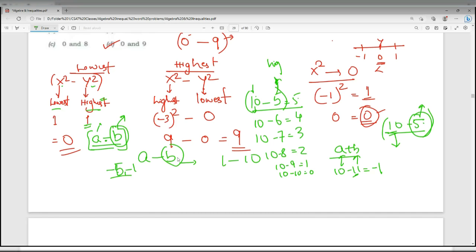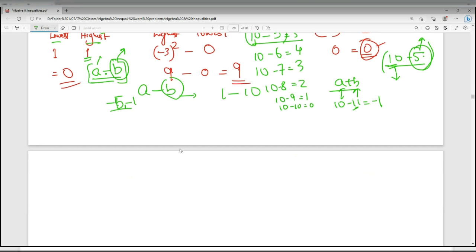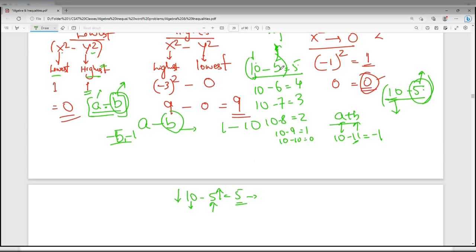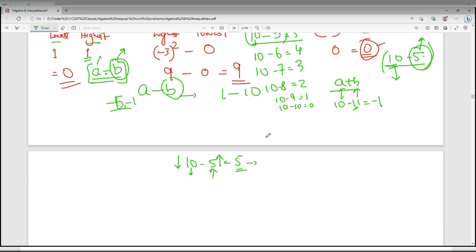So in this case, earlier it was 10 minus 5. This expression was 5. Now I have to decrease this value. What will I do to decrease this value? I have to increase this value or decrease this value. For example, earlier I had kept this 10 constant and increased this value 5, 6, 7, 8. So the value fell from 10 minus 5, from 5, 4, 3, 2, 1, because I was increasing this negative part. Now if I decrease this, for example, if I keep this constant,